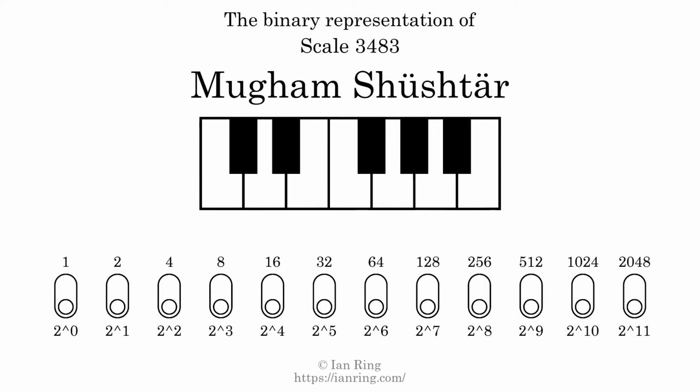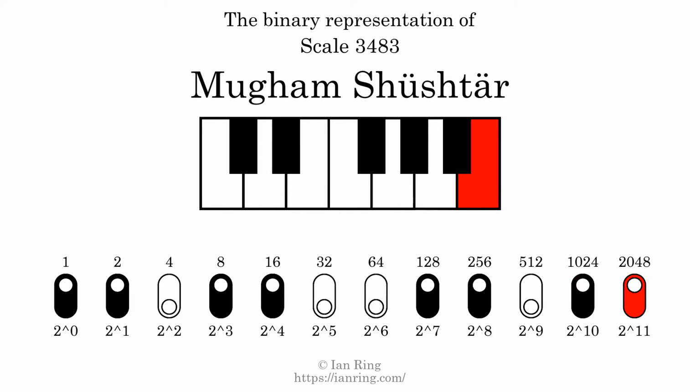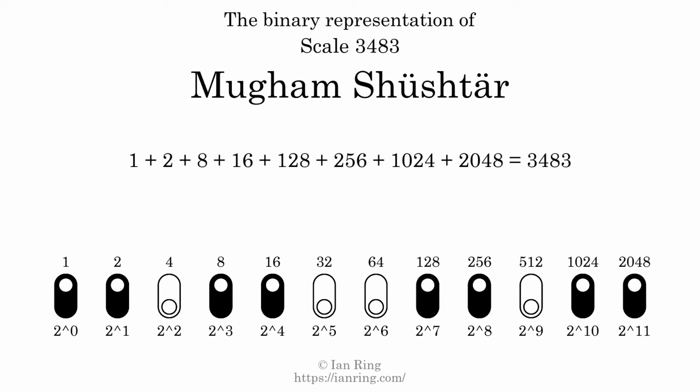The binary representation of this scale is determined by mapping tones of the scale to binary digits. Each binary digit represents a power of 2. To get the scale number, we add the powers of 2 together. The powers of 2 that are present in the scale, all added together, equals 3483. That is why the scale number, in decimal, is